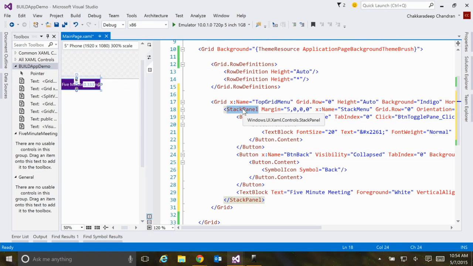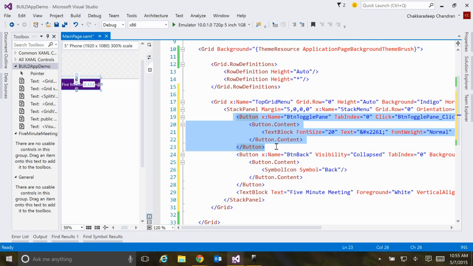The grid is a stack panel. I have a button. In this recent build, the ability to add a hamburger button is just a Unicode value that you put here in the button content text block. Once you do that, you get 3 lines. You are free to use anything you want there. You can even put a button if you have a settings button or whatever. But I'm just using a very simple hamburger menu item here, which is quite common in apps in Android and